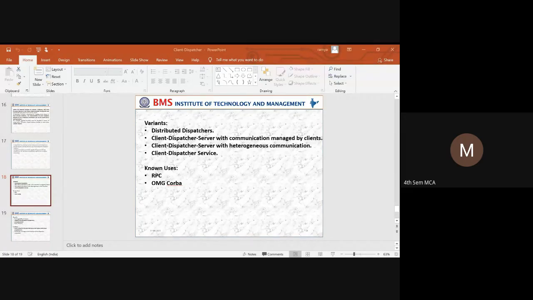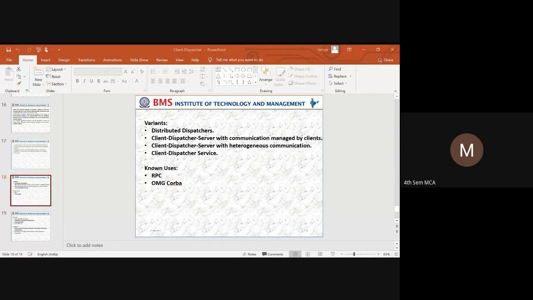In this variant, each and every server registers itself with the dispatcher and specifies the communication mechanism it supports. When different servers are using different mechanisms, the server itself will tell the dispatcher while registering what type of mechanism it is going to support.